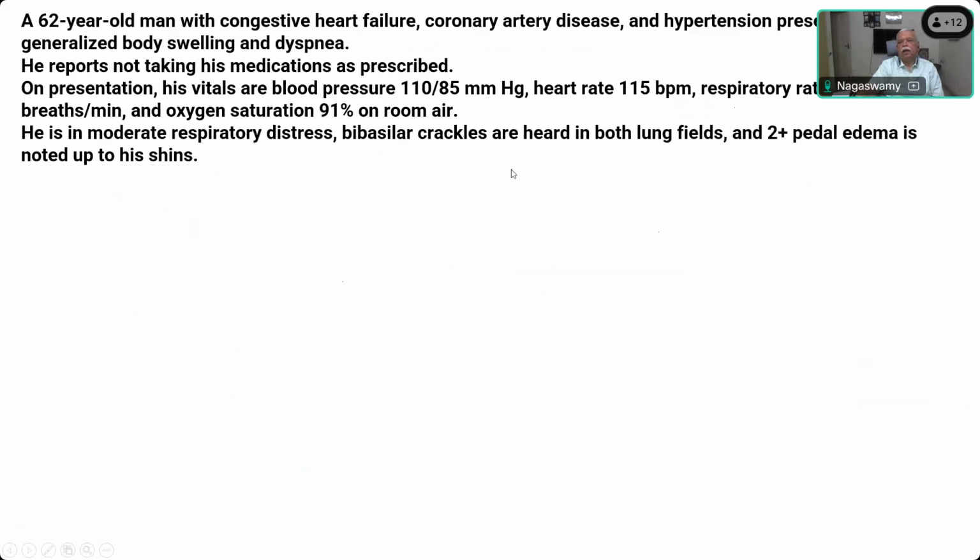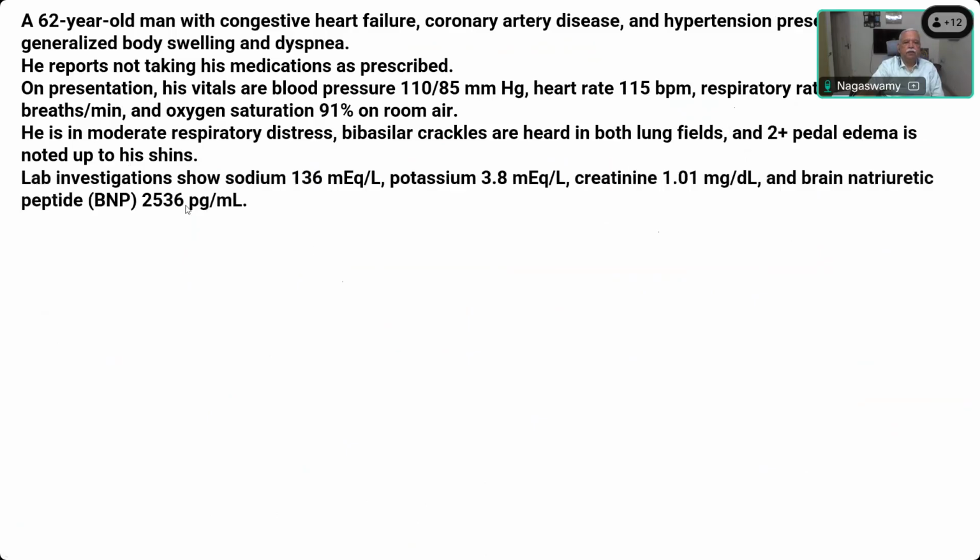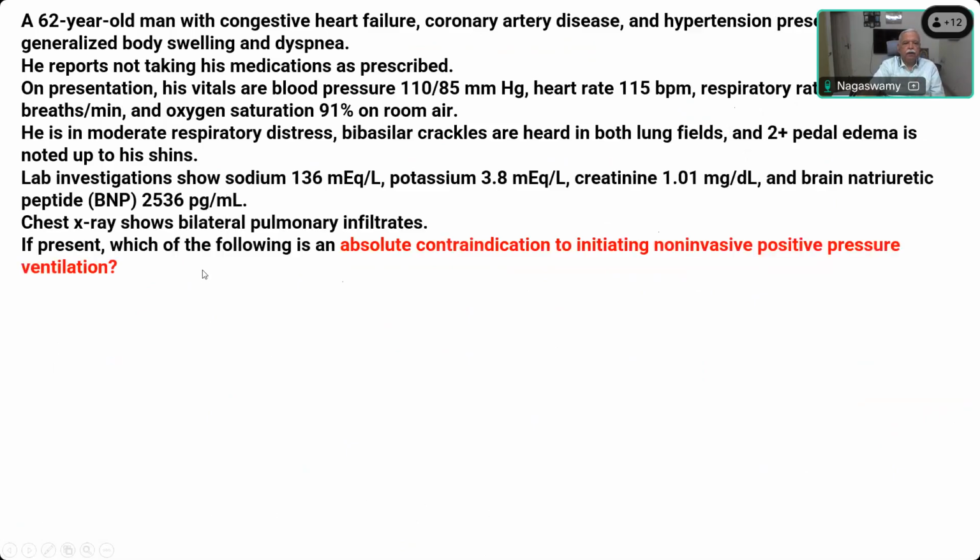Bibasilar crackles are heard in both lung spaces, and there is a 2+ pitting edema in the shins. Lab investigation shows sodium 136, potassium 3.8, creatinine, and brain natriuretic peptide is elevated 2536. Chest X-ray shows bilateral pulmonary infiltrates. If present, which of the following is an absolute contraindication to initiating non-invasive positive pressure ventilation in this patient? The options are,